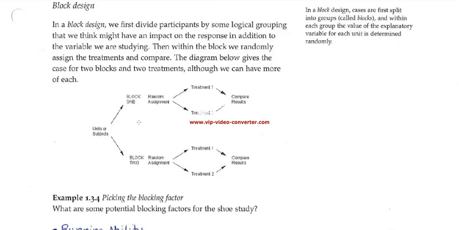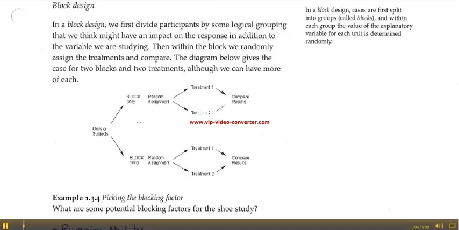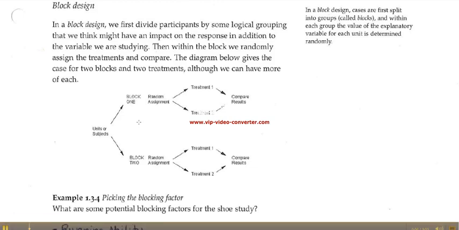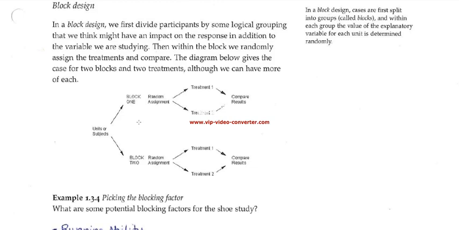Besides the simplest experiment of the randomized experiment, we have a couple different options that we'll mention, which are the block design and then the paired or match pairs type design. So in the block design, the reason we would use this is maybe there's another variable that we think might have an effect on the response, but we want to control for that, but it's not like our main explanatory